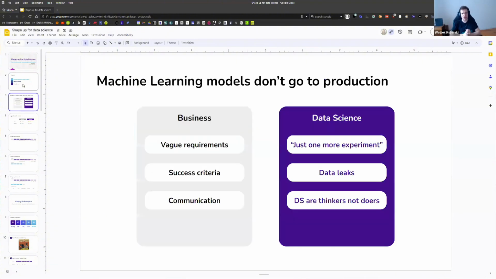So let's start talking about the main challenge of machine learning models or data science projects. And the main problem is that they don't go to production. There are still quite a lot of machine learning models that are stuck, either in this advanced POC stage where things kind of work, but the data science team needs to do just one more experiment. Or if you try to evaluate it again, it turns out you had a very subtle but very important data leak. Or the model is done, it's ready to be delivered, but for some reason, it's very hard for the managers to actually push it from the point when you have this advanced prototype that's almost production ready to actually